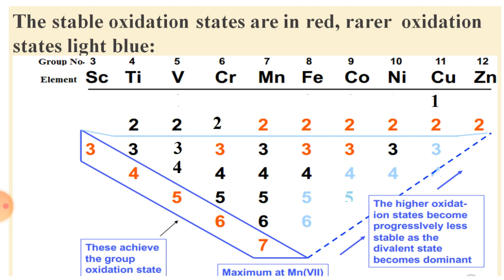Similarly, copper is also stable in +1 and +2 oxidation states. The +1 state is found due to d10 configuration and 4s1, but copper is also more stable in the +2 oxidation state. This is because the higher the charge, the higher the hydration enthalpy. So that's why copper 2+ is stable.